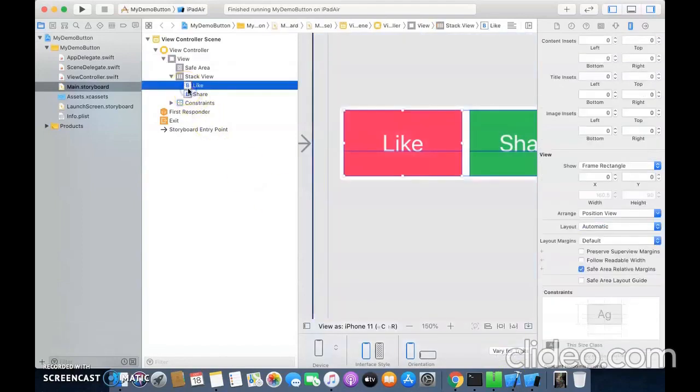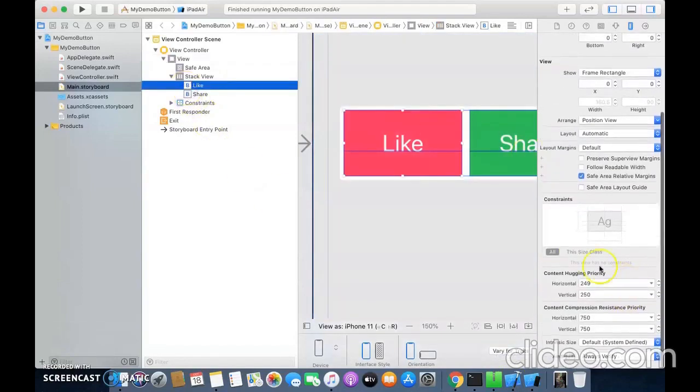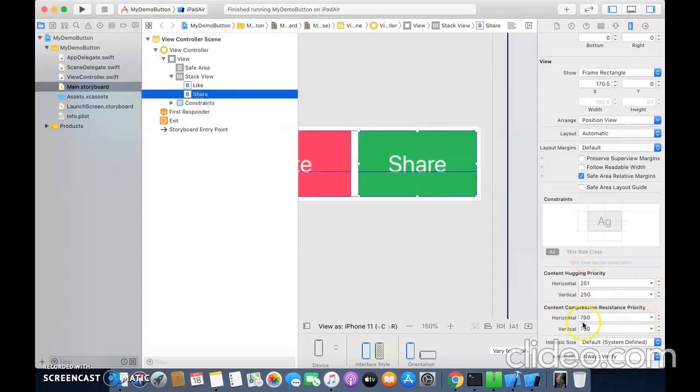We have two buttons, and we can see that we have two properties, content hugging priority and content compression resistance priority. Going to the content compression, just decrease the value of the content compression priority for the like button and increase it for the share button.